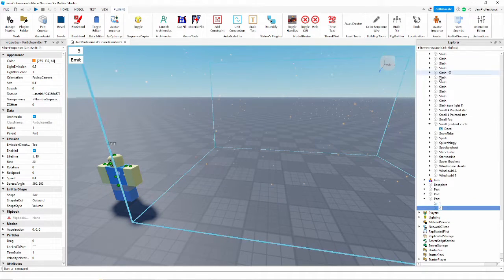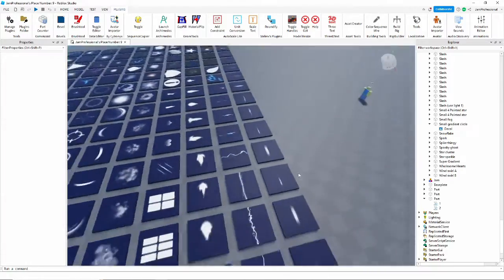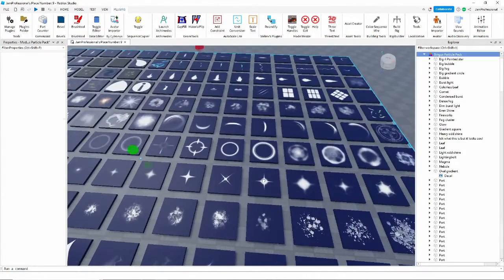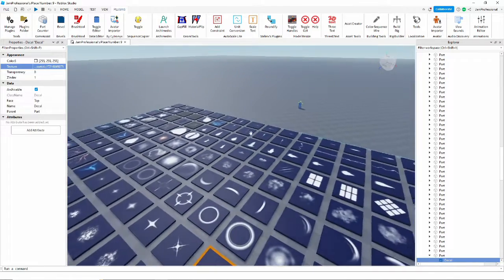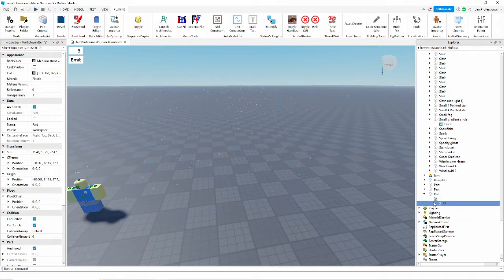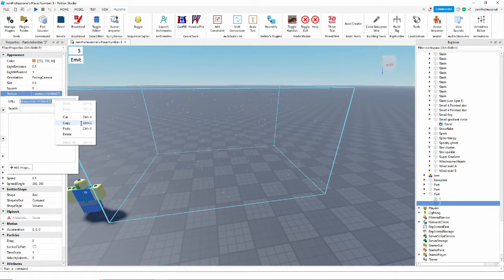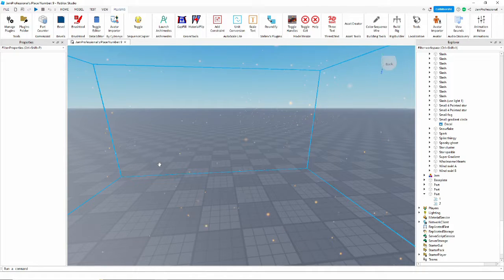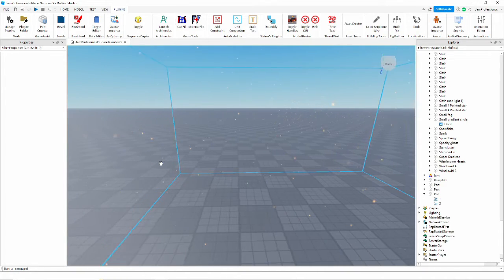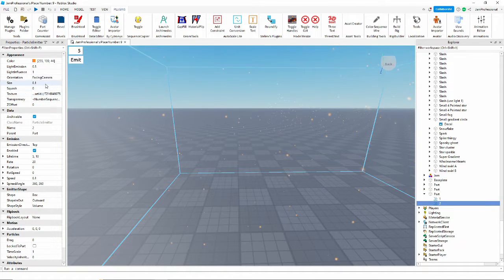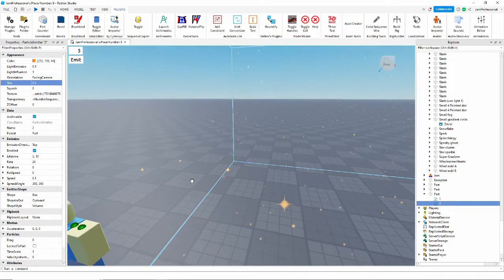Duplicate it, name this one 2, and go back over to your particle pack and find another one you like. I like this one right here. I suggest something not circular for your second particle. That way you can just get more variety in your particle. And then I put it in new texture ID. And it's pretty small and pretty hard to see. So I'm going to go over here, increase the size. Let's try 0.2. You can see more,